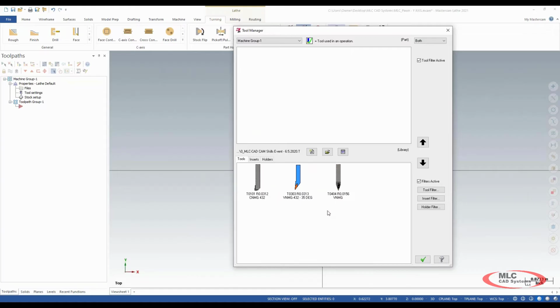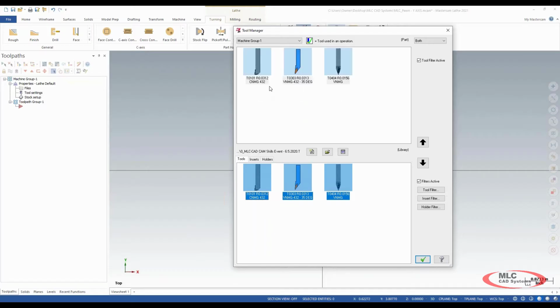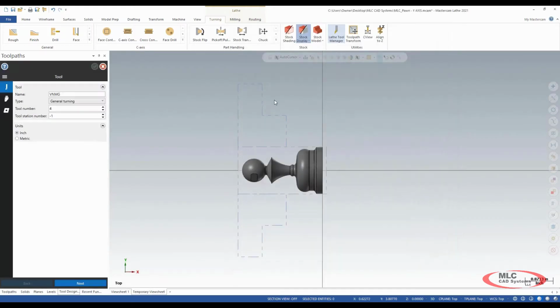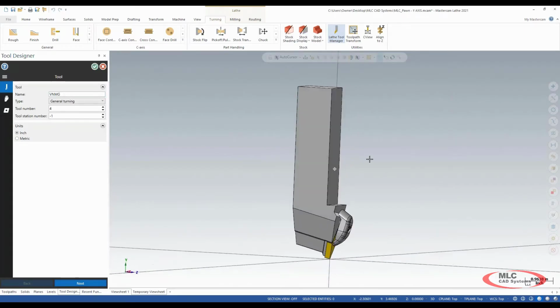And you notice the icons from this look a little bit different than they did in the standard library. Mastercam has the ability to create 3D tools. I'm going to go ahead and drag these up, put them inside the turret, and we're going to look at one of these 3D tools so you can see the difference. Now,